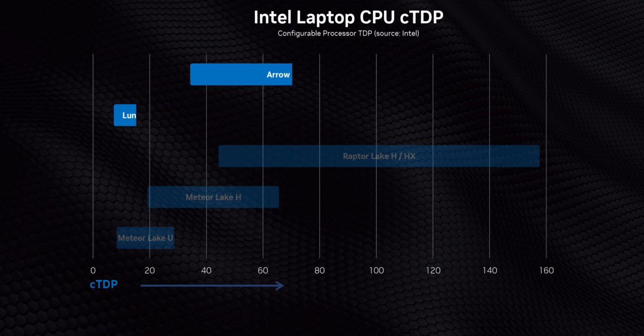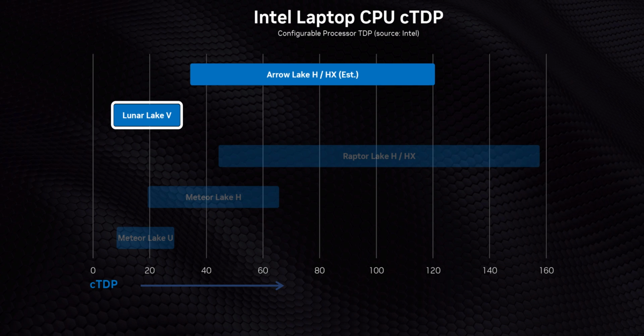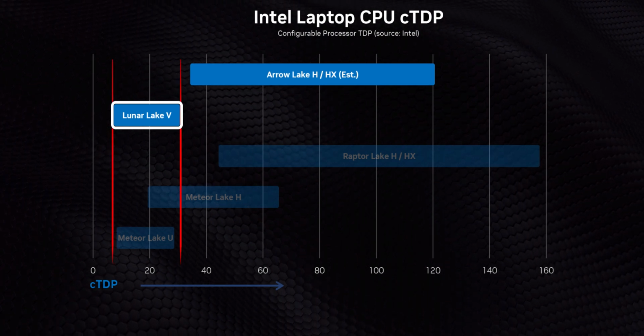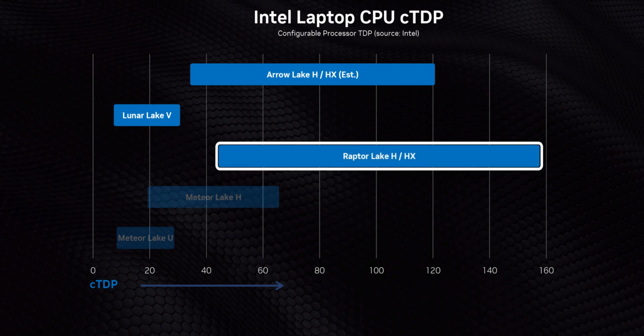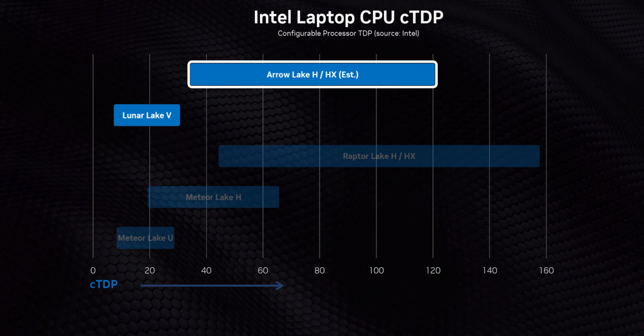And Intel is actually hoping to simplify this whole mess by introducing two very distinct classes this time. You have Lunar Lake, which will run from 8 watts to 30 watts for thin and light non-gaming devices, and then above that will be Raptor Lake H, for now at least, because later this year, well, we expect Arrow Lake to take over the torch for gaming laptops by running from 35 watts to over 120 watts. So basically, the intent here isn't to create a one architecture fits all situation where this one CPU type will be in a million different devices at so many different power levels. What they did here is basically condense it, and I'm looking forward to seeing how that plays out through the